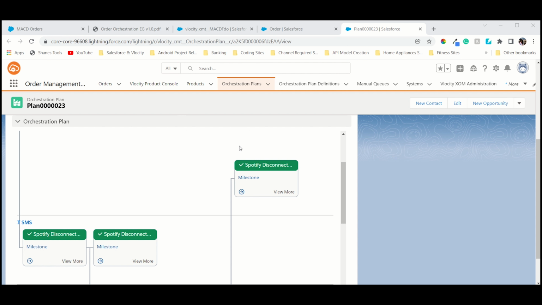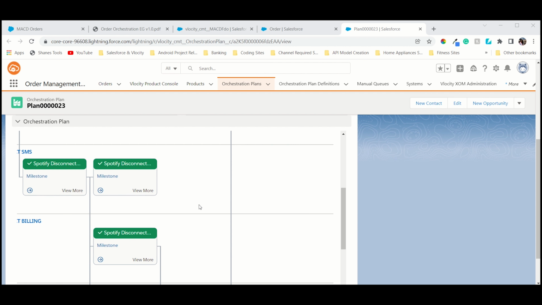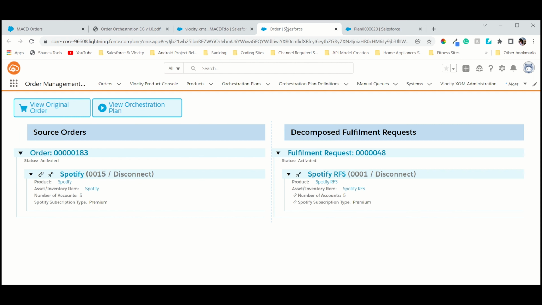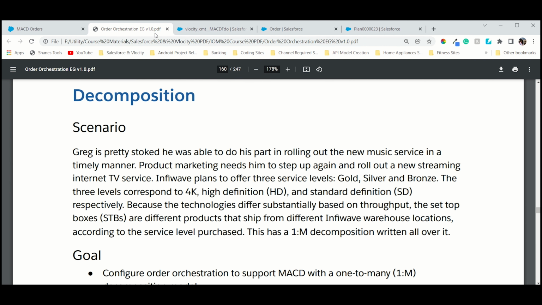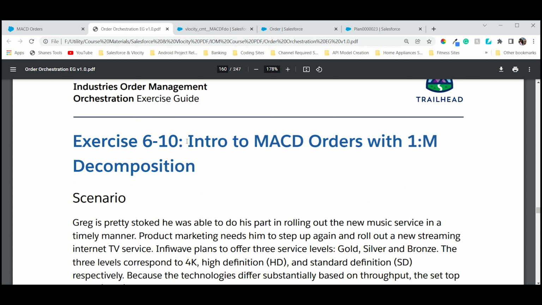So in the last lecture, we saw a disconnect line item action, where we saw the MADC line item action with one-to-one decomposition, right? There one product is there and another product is there, so it's a one-to-one decomposition. I think you guys are aware of it, and if you're new and directly jump into this lecture, I think you will not be able to understand. So I highly recommend you go and watch the previous lectures and come back to this lecture, then you will be able to understand better, because we are continuing the last 2-3 tasks too in